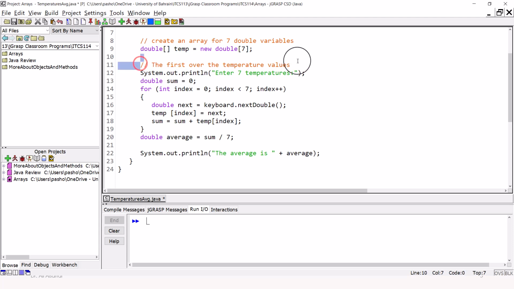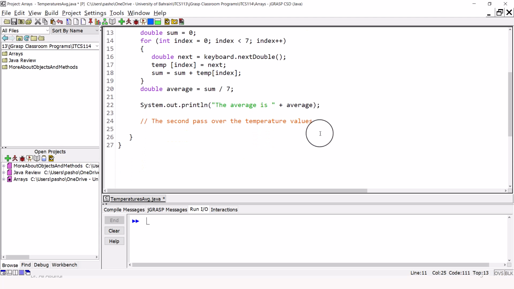Now I will copy the comment, and I will write down here, the second pass, and I forgot to write pass in the first comment. The second pass over the temperature values, we will do the same. We will create a for loop that will iterate over the temperatures inside the array. We will print the message System.out.println the temperatures